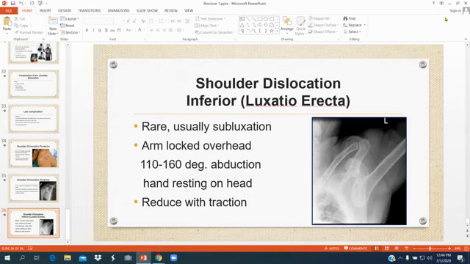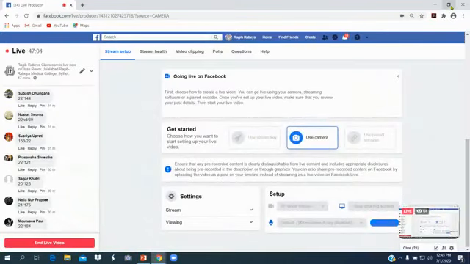The anterior type patient presents to you with the shoulder in abducted, externally rotated condition, with the arm held by the healthy side, and you have to reduce the shoulder by Kocher's maneuver under anesthesia, definitely under general anesthesia, and you have to immobilize the shoulder with a shoulder immobilizer for 3 weeks, and you